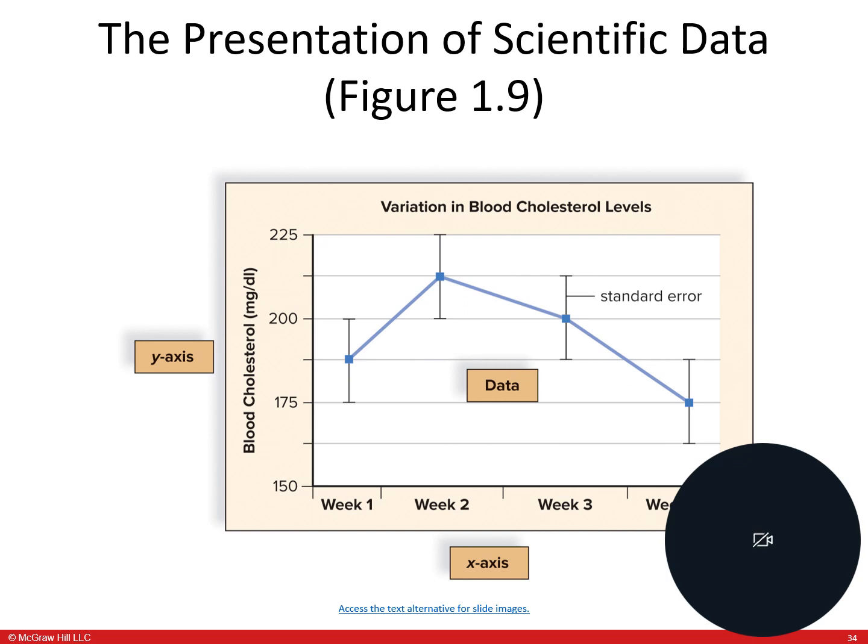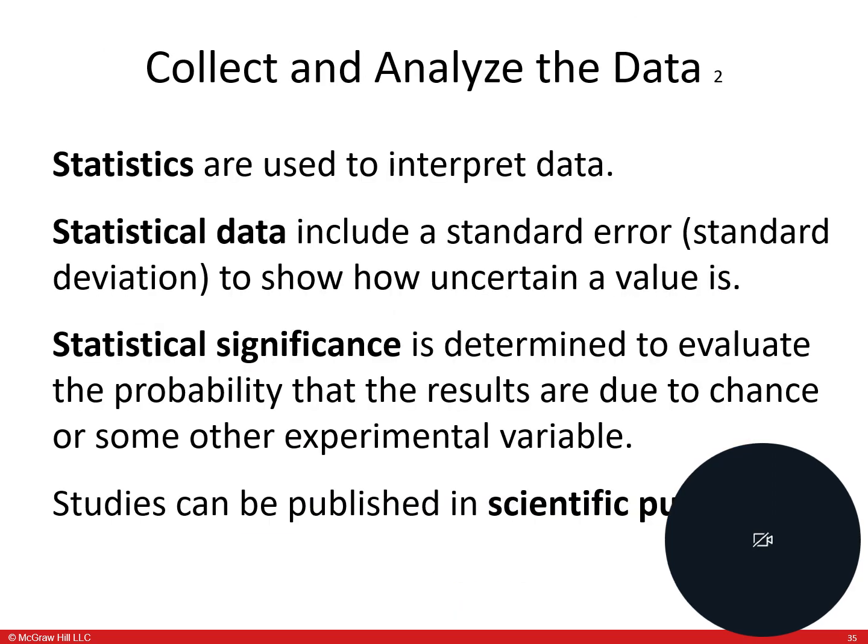So those are what we look at for the graphs and the data, and we usually plot it out in a similar manner. Statistics are used to interpret data. They're not everything, but for the most part, they're pretty reliable. Statistical data will always have a standard area or error, or what you call standard deviation. So it's always going to be 1.5, let's say, plus or minus 2 or 3. And the higher the standard deviation, the less reliable the study was, right?